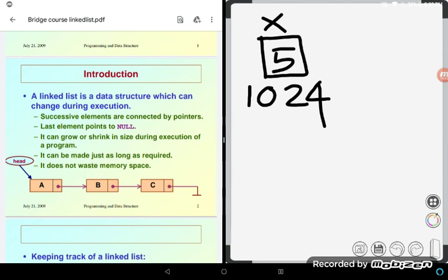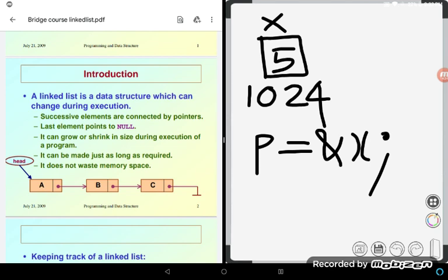Then if I write the statement p is equal to address of x, where x is the variable, this operator is called ampersand. And what does it store? This pointer variable will also have a location.